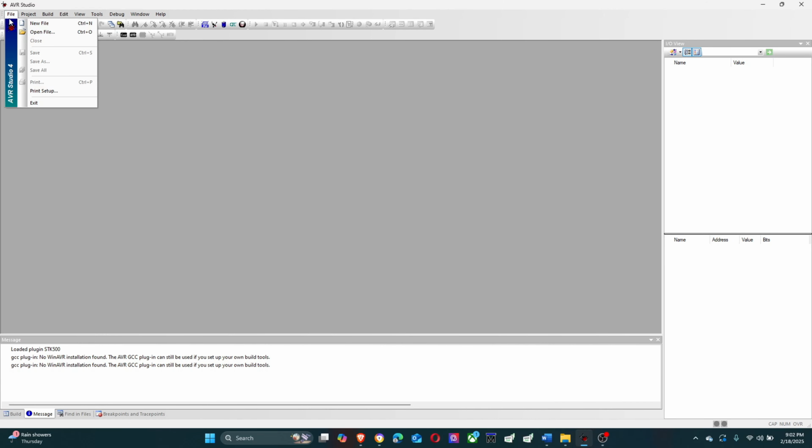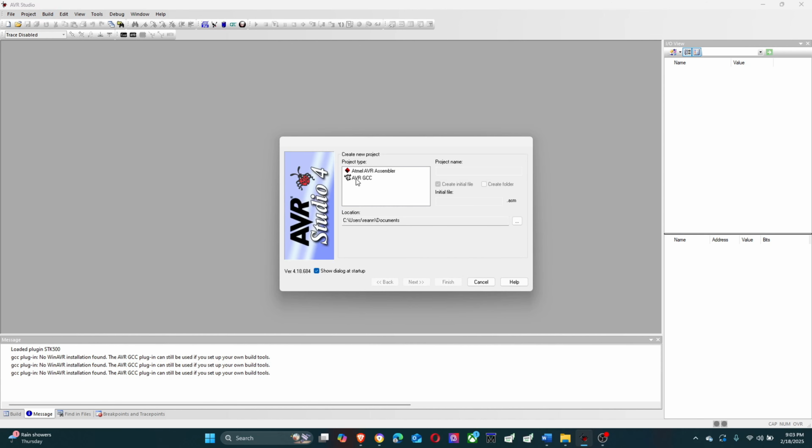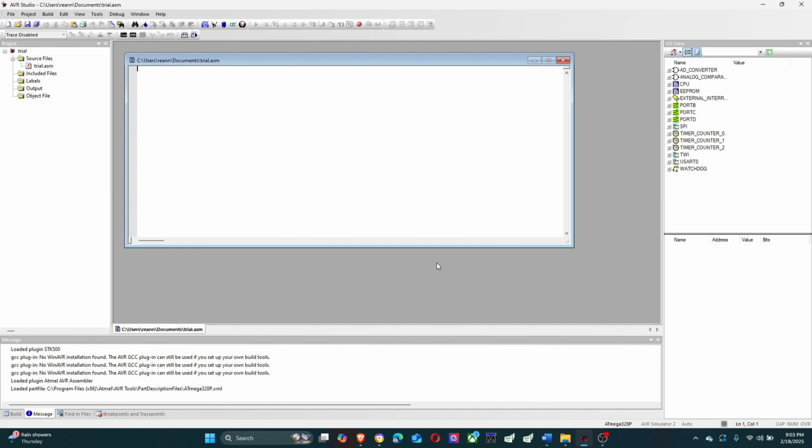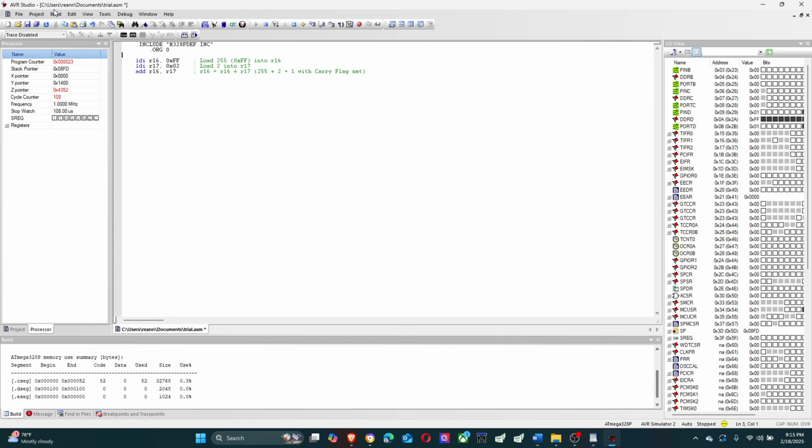So to build a program, first we need to open a project, then go to the assembler and you can type any name that you want. For this case, we have used trial and find for the device that we will be using. In this case, we will be using Atmel 3280. So I click that and here notepad will appear, then you can type your program.